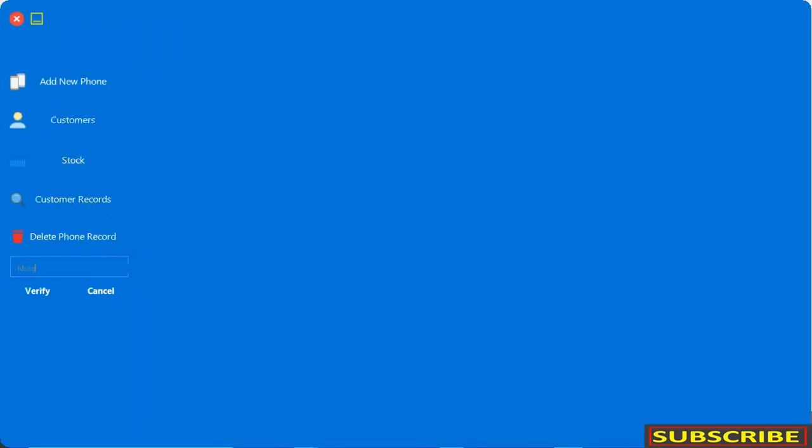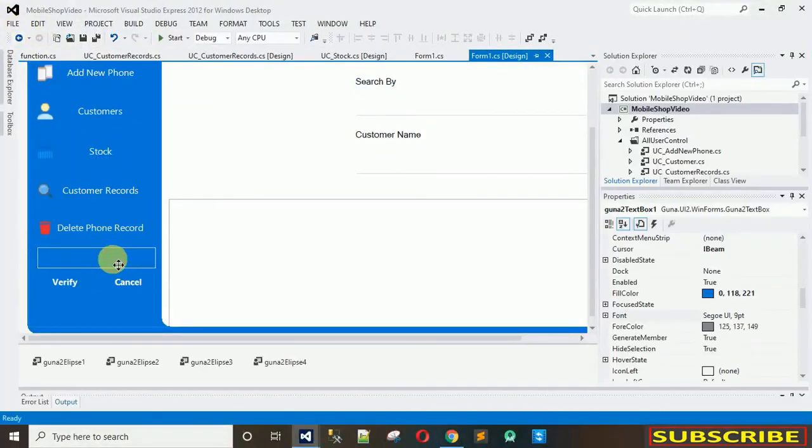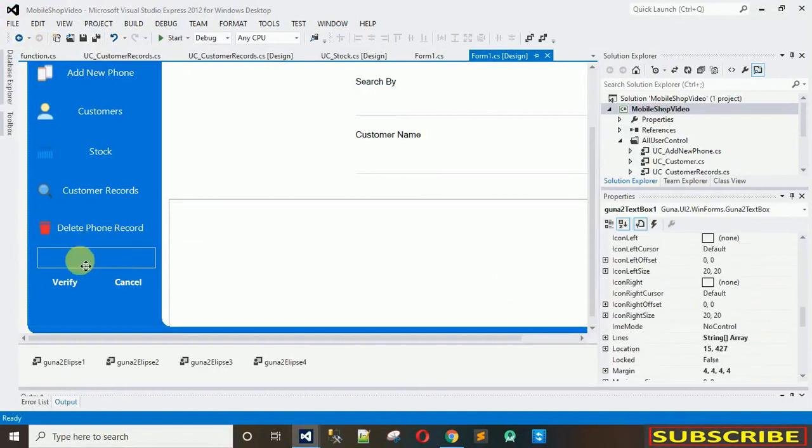Okay, so now what I want is the text inside this needs to be of white color. So let me do that. Just click on this, select the text box,